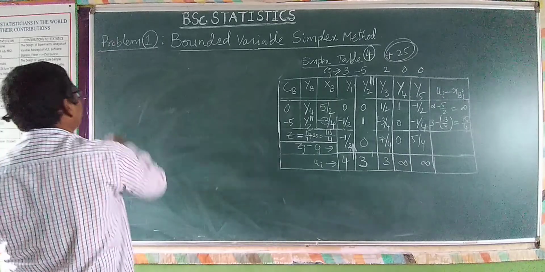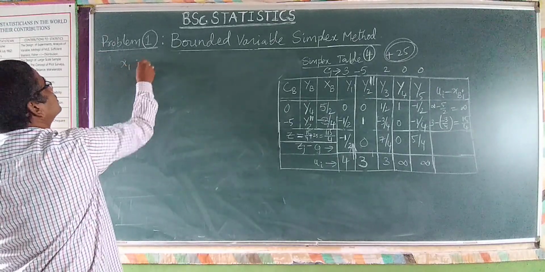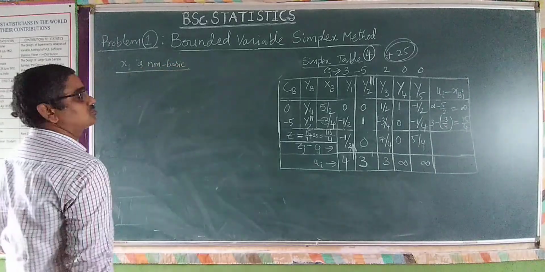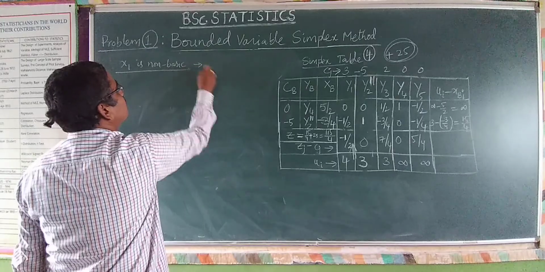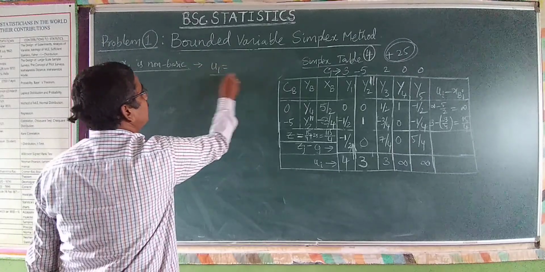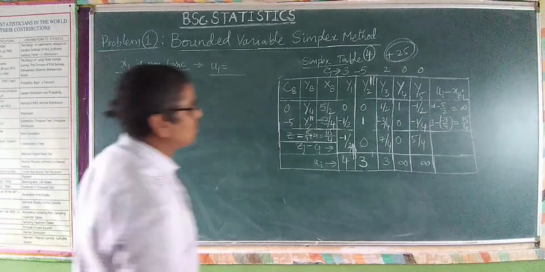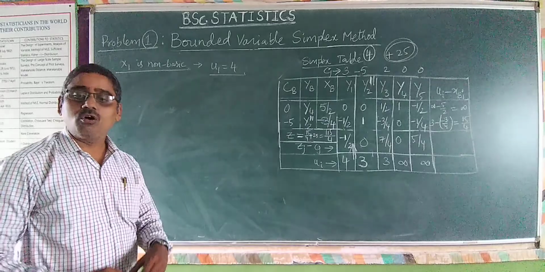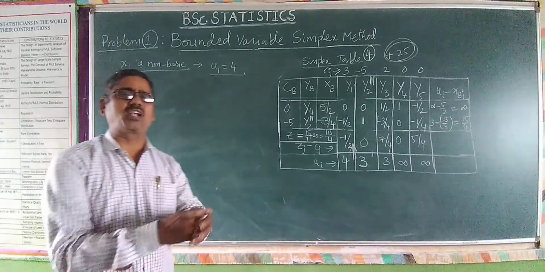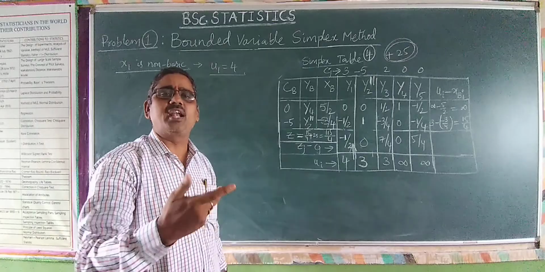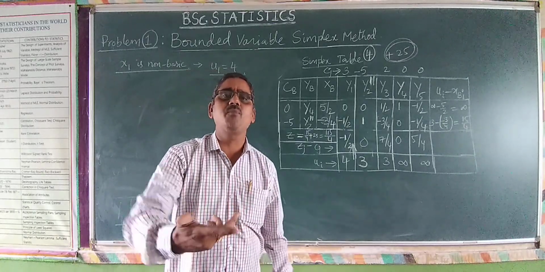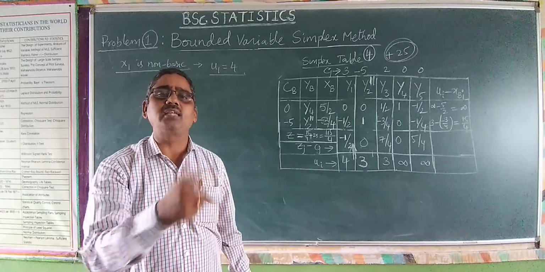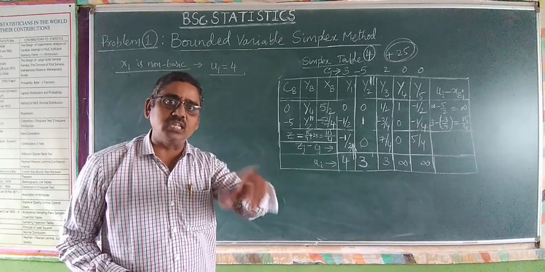Therefore, what I am doing here, x1 is non-basic. I write simply this particular point so that you can easily understand the remaining values. So from this point u1, that is the variable here, the upper bound, u1 is considered as 4. Okay, so now based on this, what is meant by substituting it at upper bound, what is meant by putting at 0 level. These are the 2 particular things to be considered.